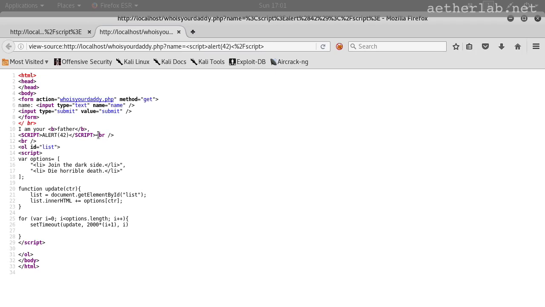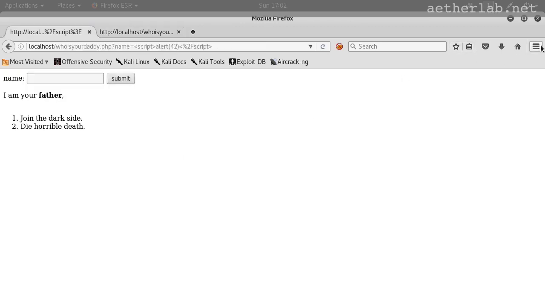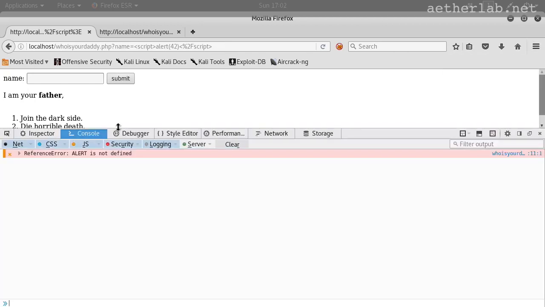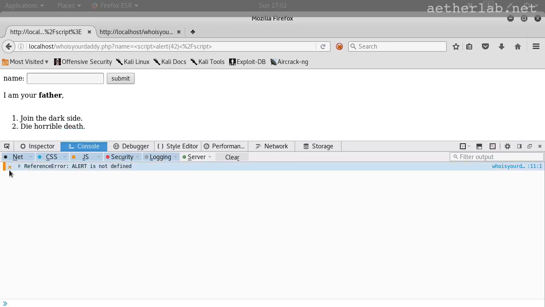And you could see that the text is here, but it seems like it was ignored by the browser. We can turn on the developer tools, specifically the console. And you could see that in the console there is an error that alert is not defined. So the problem is that when the PHP code turned our string to uppercase, it broke the JavaScript inside because JavaScript is case sensitive. So ALERT with uppercase is not the same function as the lowercase, and most importantly, it